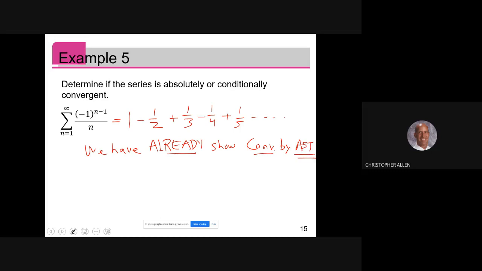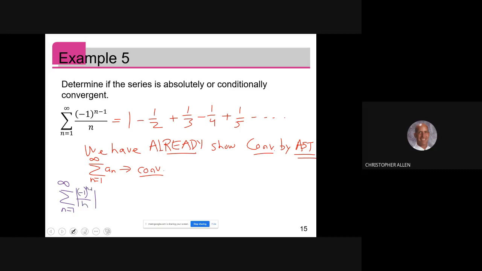If you guys don't mind, I'm not going to go back and redo this problem. I think it was example 1. In example 1, we showed that this was a convergent series, correct? In other words, we have shown that the sum of A sub n, from n equals 1, converges. We've already done that. Now, in order to do absolute versus conditional convergence, what do we need to do? Now we need to do the absolute value of this,